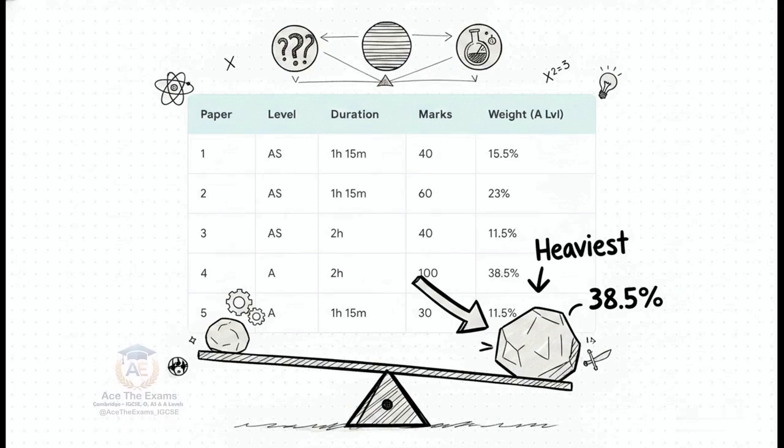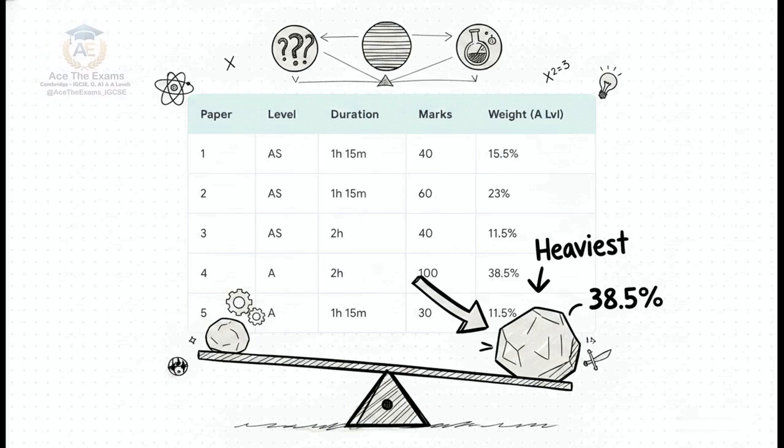But look at what happens when you step up to the A level. The operation shifts dramatically. The examiners place a massive, heavy weight squarely onto paper 4. That is a 2-hour, 100-mark structured assessment that literally makes up almost 40% of your total A-level grade. Add in paper 5's 30 marks, and, well, knowing this weighting tells you exactly where your biggest cognitive battles are